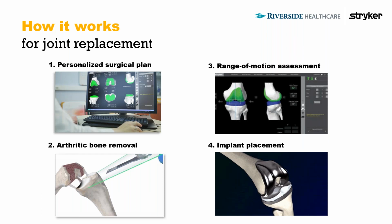And so, like the video alluded to, the first step is getting the CT scan. The CT scan develops a bone model. The bone model we use to determine what the angles are going to be, what the depth of our cuts are going to be. And even before surgery begins, sometimes even prior to the day of surgery, we know what implant size we're going to use, what cuts we're going to make, what levels those cuts are going to be, what degrees they're going to be, and we have almost like a video game model of the bone and the surgery. Then we come in surgery, we execute that plan, and this is where we see the